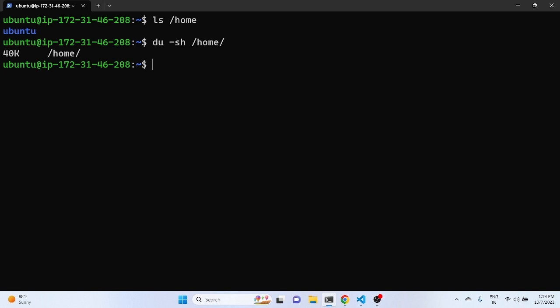Okay, the du command is used to check the individual mount point or individual folder size. For example, how much size is used by that folder, or how much size is used by that mount point. So you can use the du command. -h means human readable format. Okay, now next command is